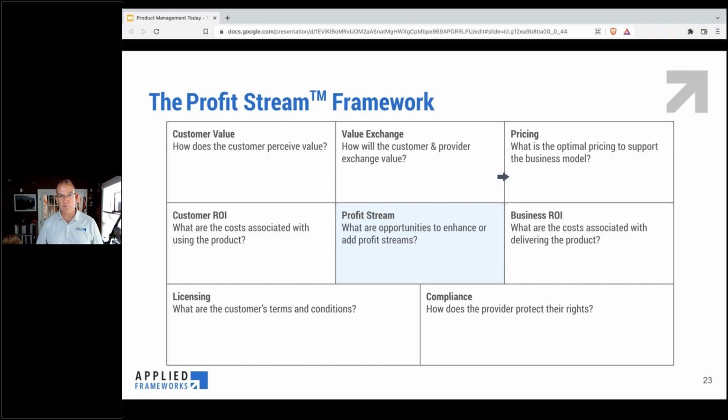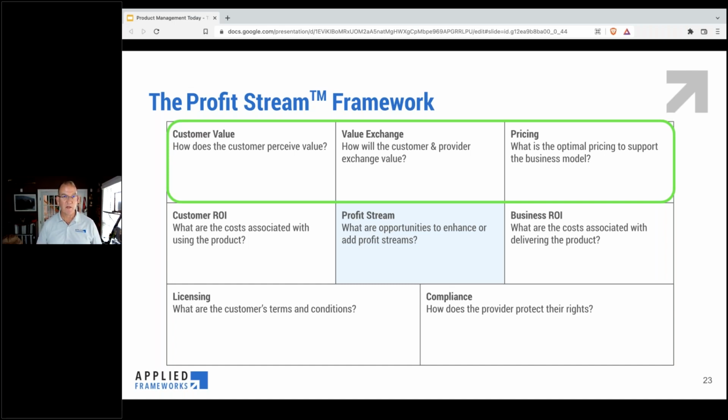This also then connects to pricing. So this top layer can be very helpful for ensuring that we have the integration that we need between the business model and the strategy. The other elements of the business model can be built out once you've defined the top layer so you can ensure that you can actually execute on your strategy. And if you've defined the right price points, for example, for your customers to recognize the return on investment they expect, and then on the business ROI side, have you created a viable business?